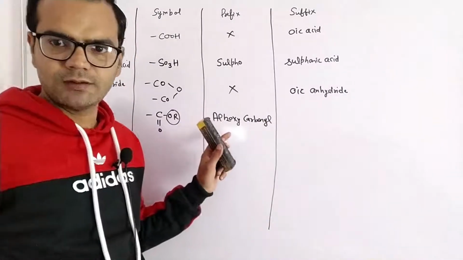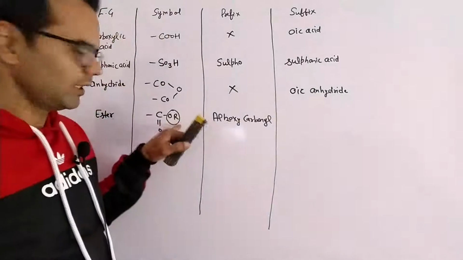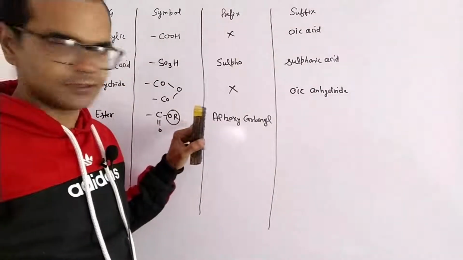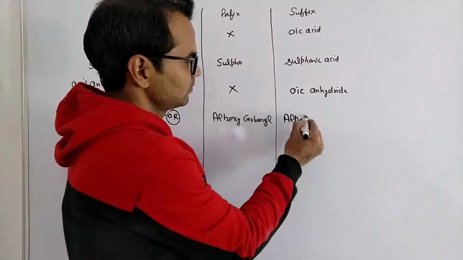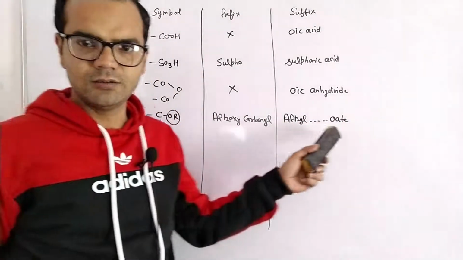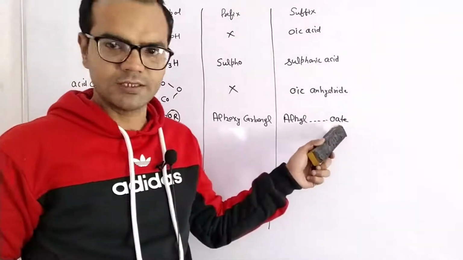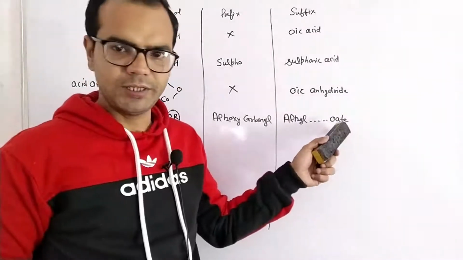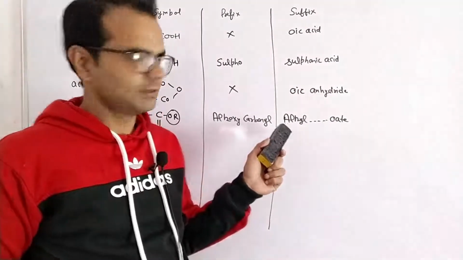Prefix is alkoxy carbonyl, and its suffix is alkyl alkanoate. So the general suffix is alkyl oate: if alkane, alkanoate; if alkene, alkenoate; and if alkyne, alkynoate, depending on the nature of the carbon chain, right? Next is